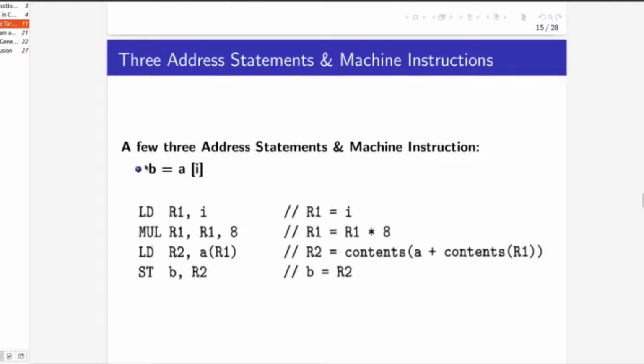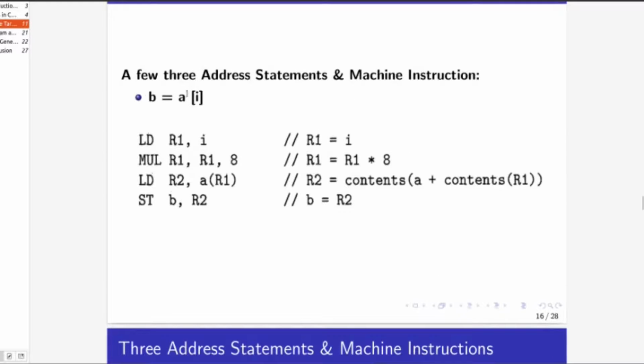Next instruction is B is equal to A of I. Here A is the name of an array, so we want to index A of I, the ith location in the array.